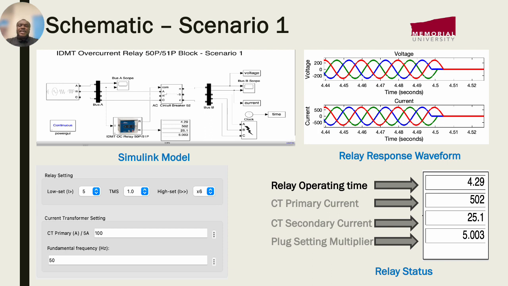So whenever there is a 100 amps fault current, the CT should record 5 amps on the secondary side when we measure the secondary output. Also, we are using 50 Hz for this setting. So scenario 1 happens to be our benchmark, and we use that to ascertain or measure the